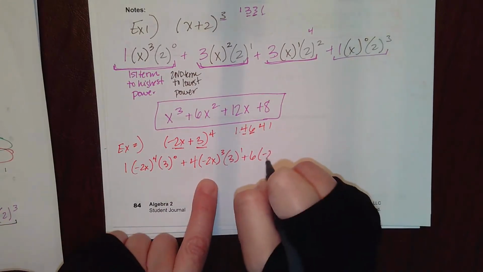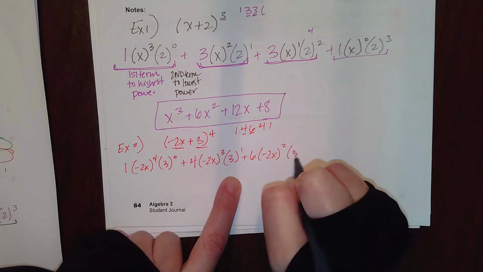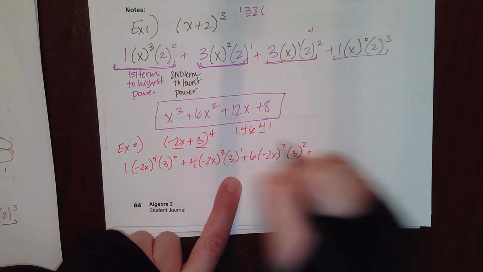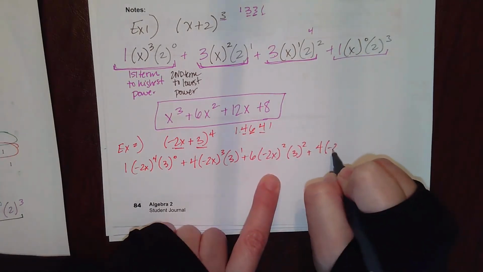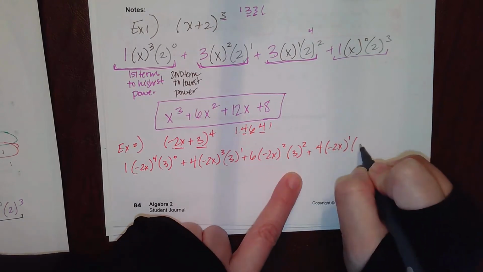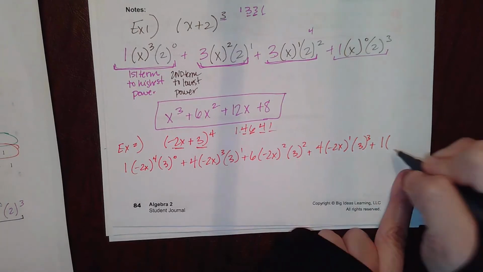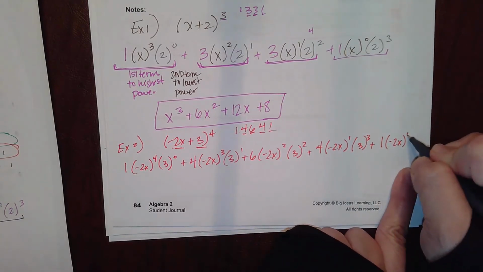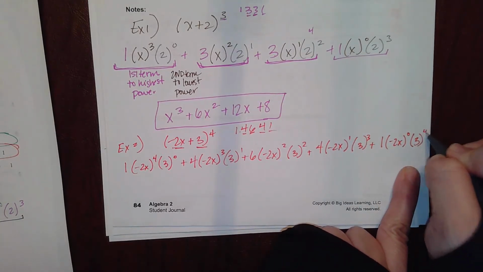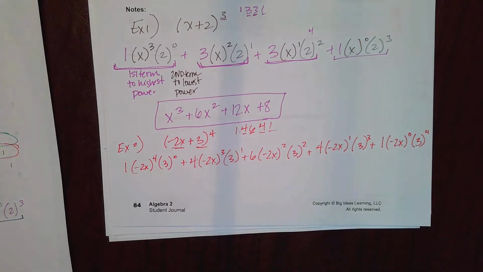So now I have negative 2x to the second and 3 to the second. Now I'm on the 4. Then I have negative 2x to the first and 3 to the third. And then finally I have 1, and then I have negative 2x to the 0 and 3 to the fourth. Okay, so this is where this part comes in handy, because now you're going to simplify this and